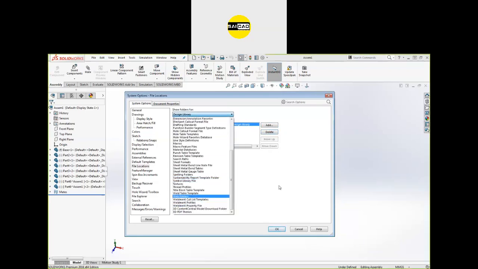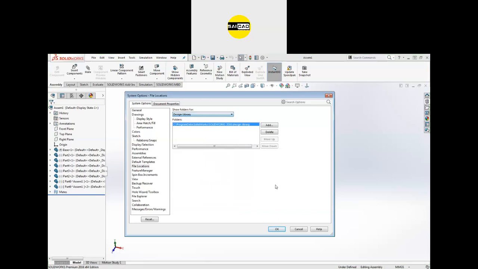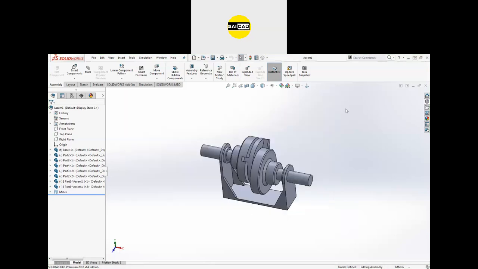I will send a video link in the WhatsApp group on how to configure the toolbox. Sometimes you will not be able to do that, but I will send it in the group. Look for the answers here. You will see directly a link to do the settings and you will be able to use your toolbox. Just do that from the video I will send you in the group. Any other question?